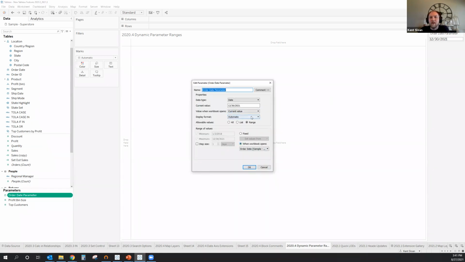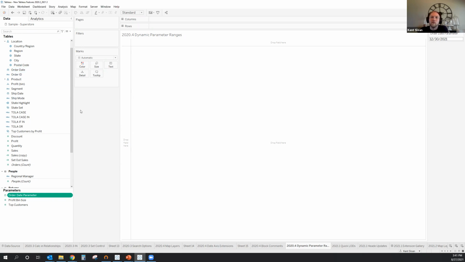So if you're saying I need to have the min controlled, but I need the max to grow with it, there's a way I could still solve for that, but it's not quite as clean as you might like. What I would do would be write a calculation. So I could say, for example, have order date that goes back to 2000, but I want my range to start in 2020 and go forward. What I would do would be create a calculation that references that date field and just say only display when date is greater than, or has a year number greater than, 2020.